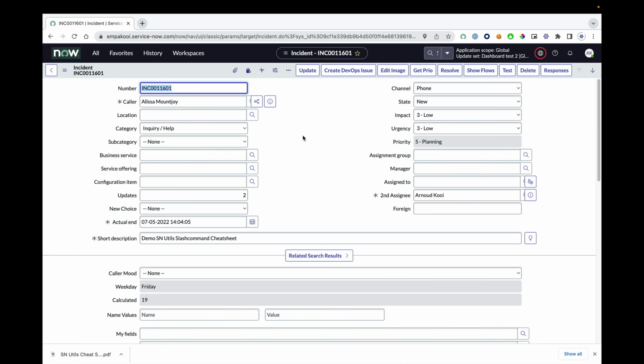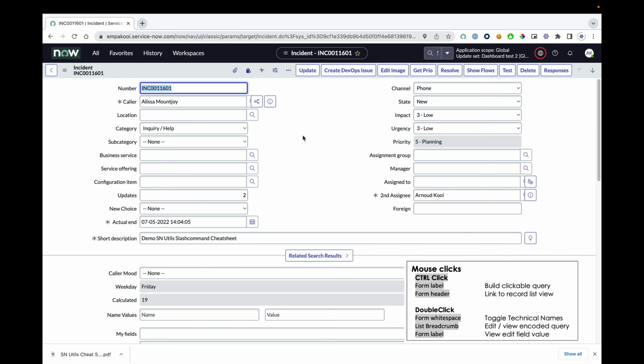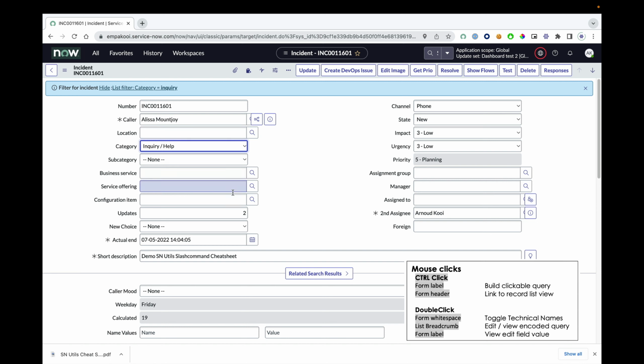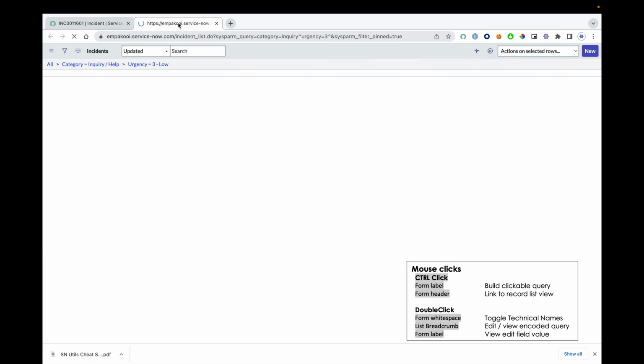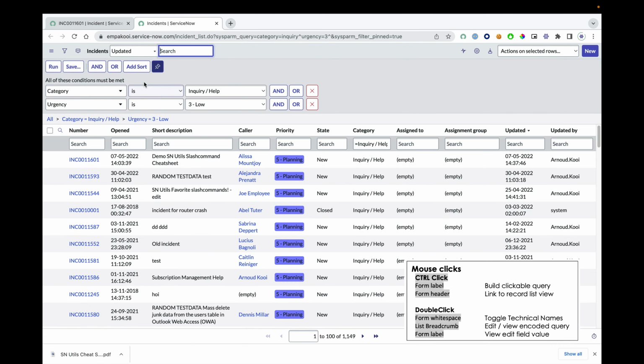So the next are a few mouse click tricks. Form label click: when I do a command or control click, I can build up an encoded query, and when I open it in a new list, this is the encoded query that I have just selected. So it's easy to find similar records when you are investigating your data